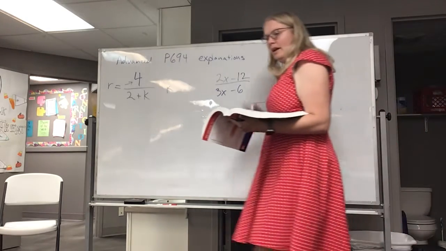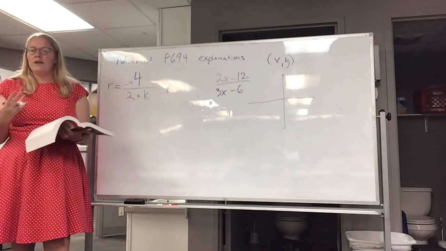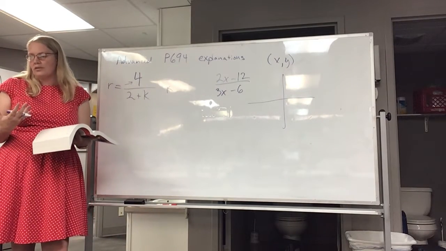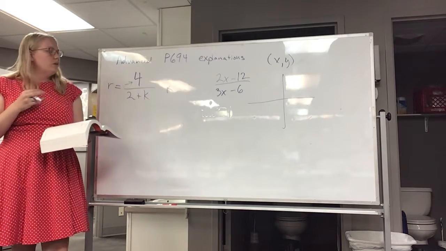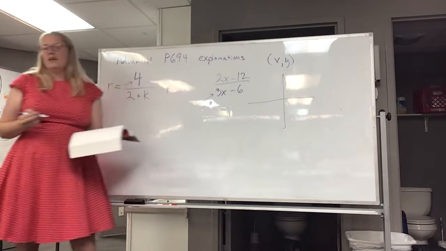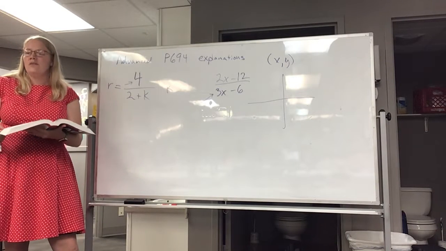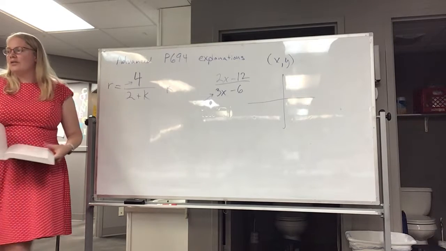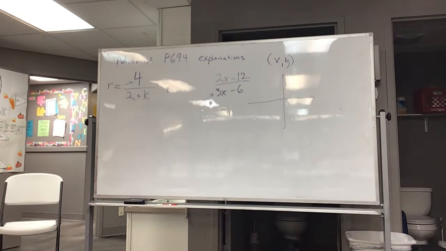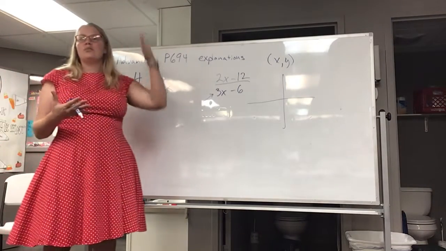So, an asymptote is a line that a graph gets very close to but does not cross. And vertical asymptotes happen when our denominator equals 0, because dividing by 0 causes a divide by 0 error. And so it's the x value that causes that divide by 0 error will create this vertical asymptote within our